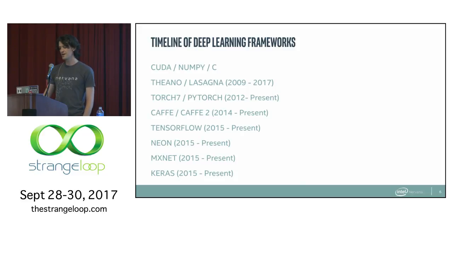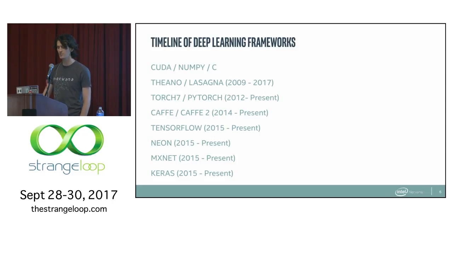We've seen a lot of other popular frameworks come up, such as Torch, which introduced the idea of modularity. Torch was written in the Lua language, and you can still use that now with PyTorch if you're more of a Python person. Caffe and Caffe2, which were developed at Berkeley for computational vision, introduced the idea of a core set of operations that would be useful for doing computational vision.